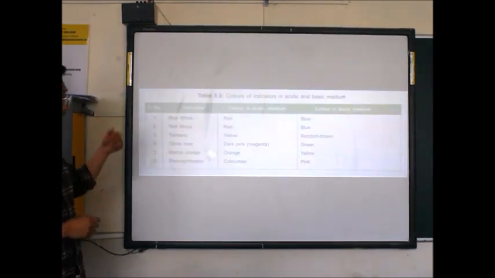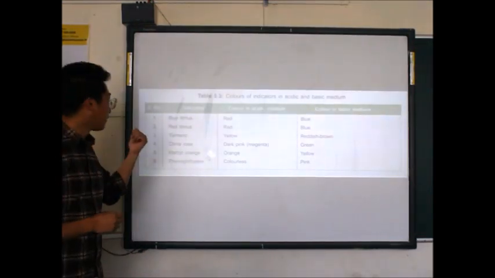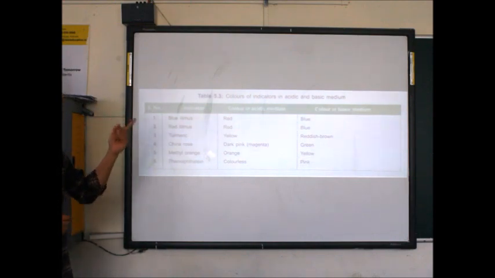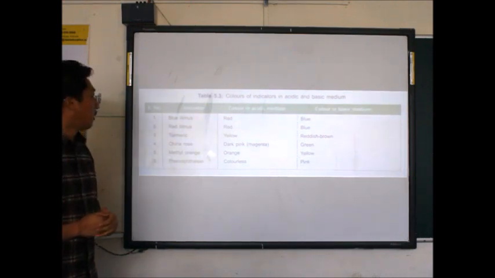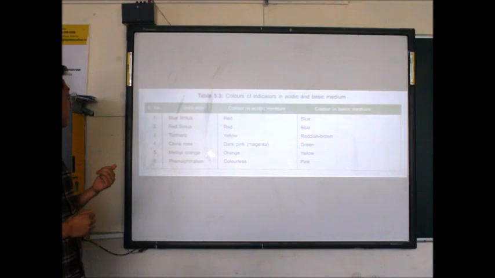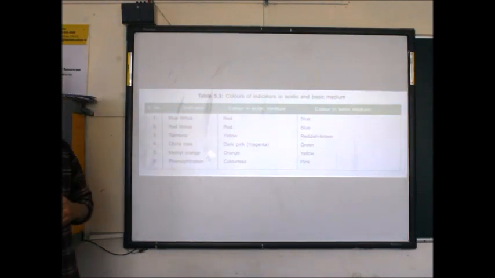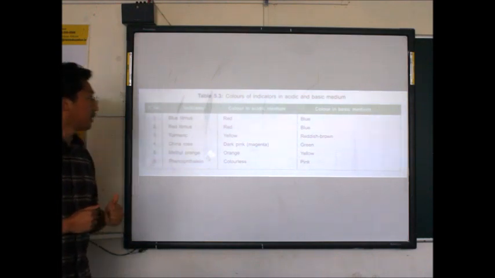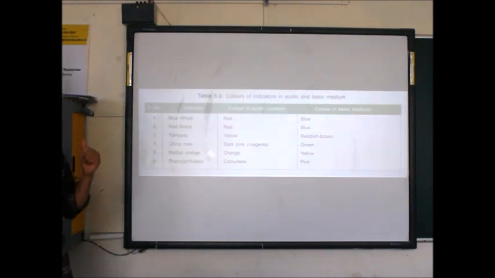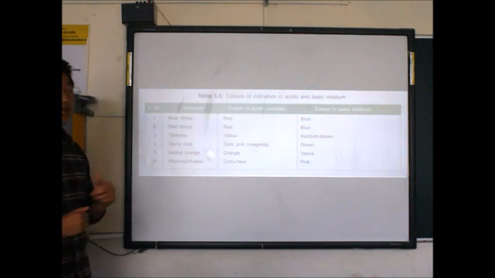Okay, so you can see in the table, the blue litmus in an acidic medium changes to red. But in the basic medium, the blue litmus will remain blue, that means the color is unchanged.